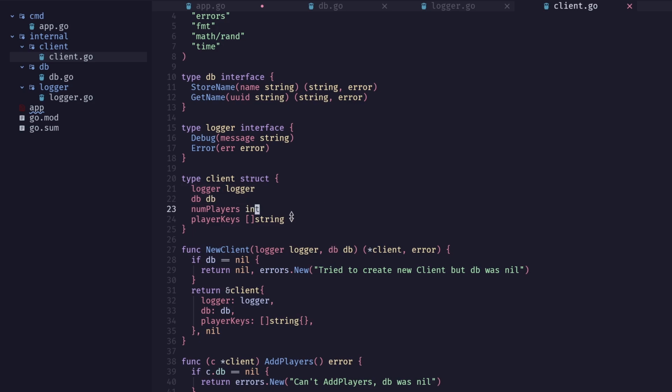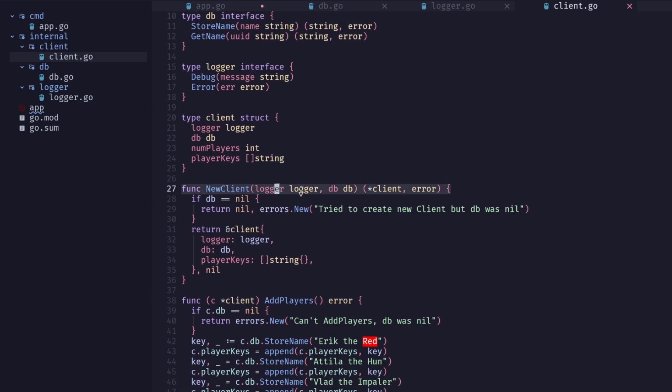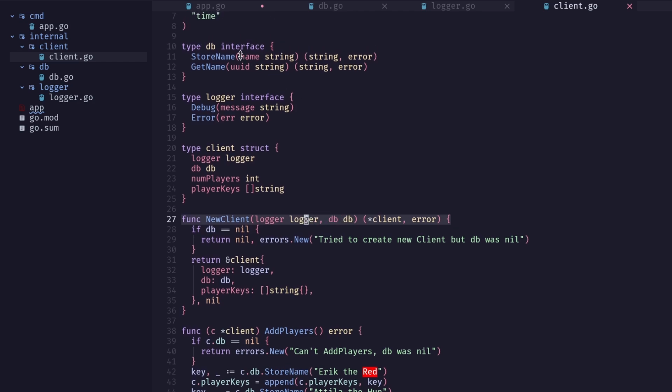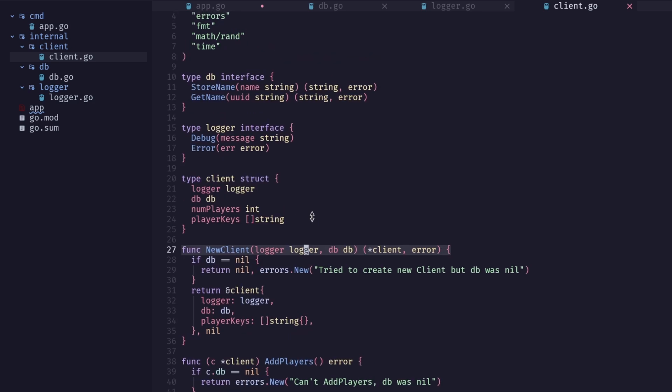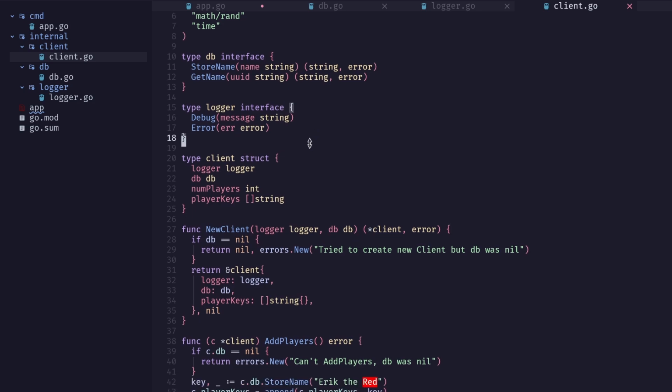And then finally, it has some other state, which relates to the client itself that isn't dependency injected, but is just state that doesn't relate to anything that's injected into it. And then again, crucially, the constructor of client takes a logger and a DB pointer. And in Go, you can actually just tell it that it will be of the interface type, and Go will understand that when you're passing it in at runtime, it will keep a pointer to the thing you're passing in. And Go will also make sure that the thing you're passing in lives up to the consumer interface that you have specified up here.